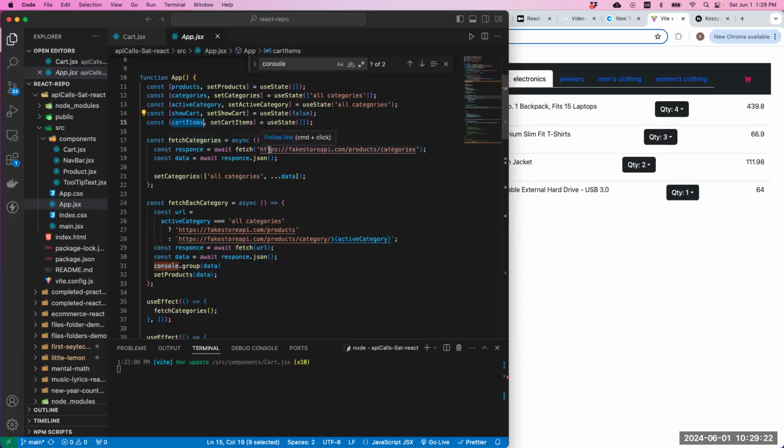Oh, yeah, we need to create a function and send that function down to the child and lift up the updated values up to here and set this updated quantity